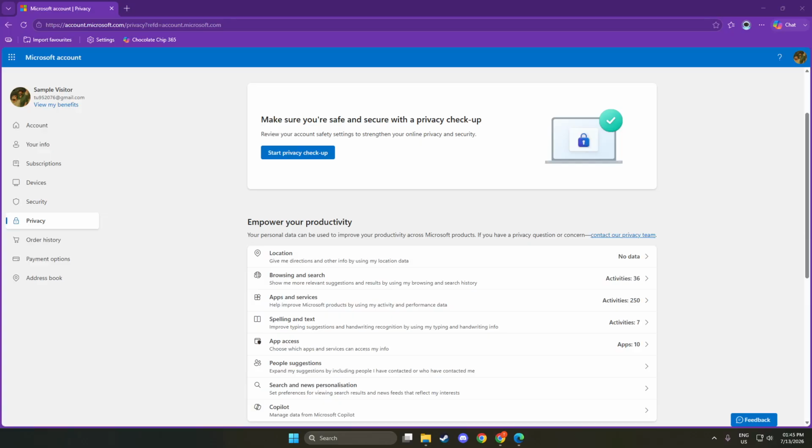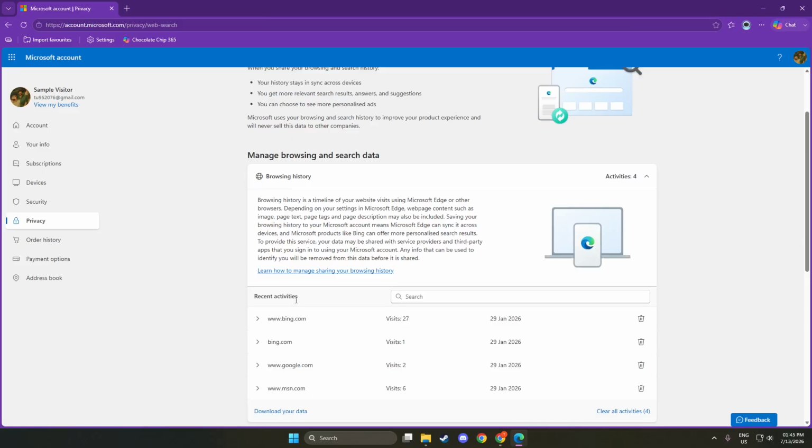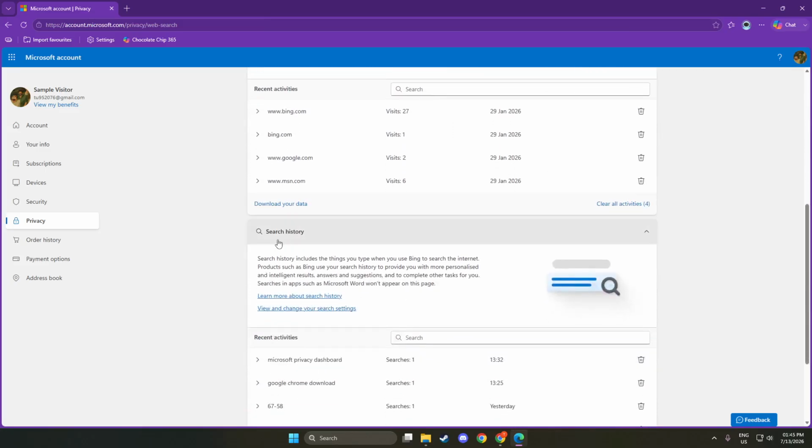Next, you will see options to filter this data by date. This feature is particularly useful if you are looking for specific browsing activities from a particular time frame. Click on the Date Filter option and a calendar will appear. You can select a start date and an end date to narrow down your search. This little step saves you a lot of time later, allowing you to quickly locate the data you need without scrolling through irrelevant entries. After setting your desired date range, apply the filter.